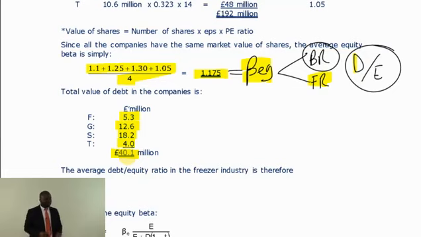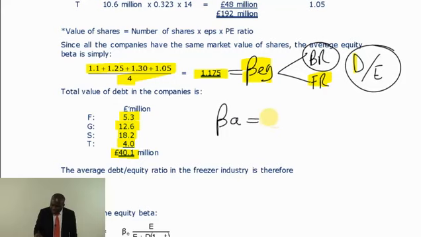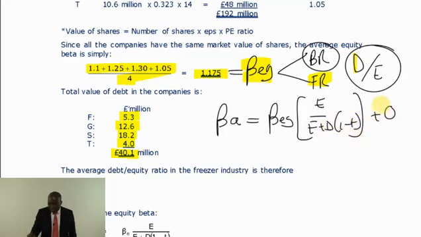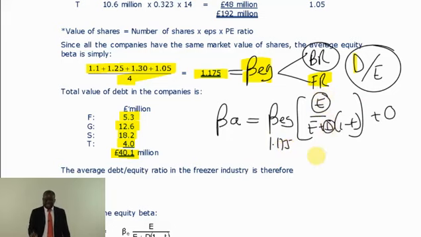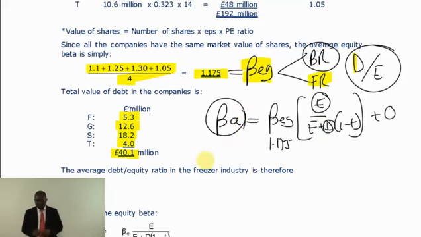What is 40.1? I've got that because I need the formula. The asset beta is equal to the equity beta geared, times equity over equity plus debt times (1 minus T). We are assuming debt is virtually risk-free, so debt beta is 0. So giving me this 1.175, I need the equity of the industry, I need the debt of the industry in order to get the asset beta of the industry. That is the whole principle. So I've got the debt of the industry. I also need the equity value of the industry, market value.